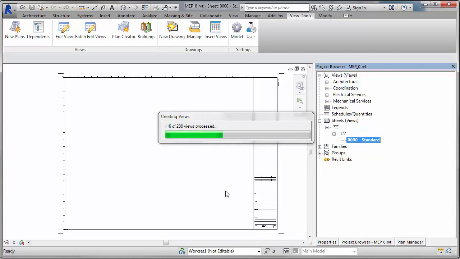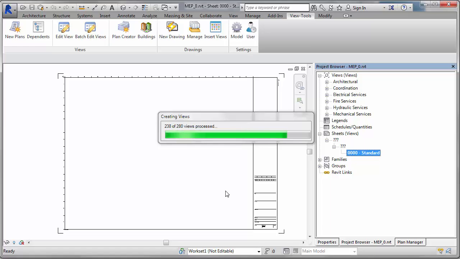And once we have those, then we can start creating the sheets, and we can see how easy it is going to be to create sheets now with the batch sheet creator. There is a manual way to do it, which I'll show in another video, but this just shows the batch way. Just preloading all the plan views currently. So now that we have all the plan views almost created,